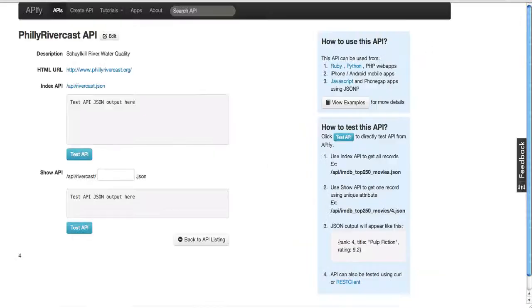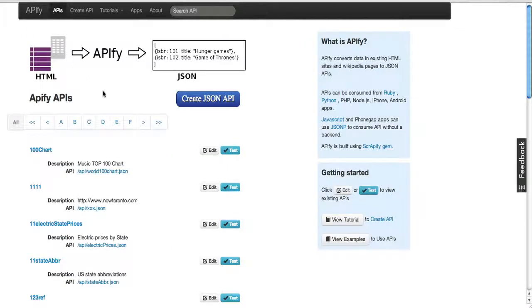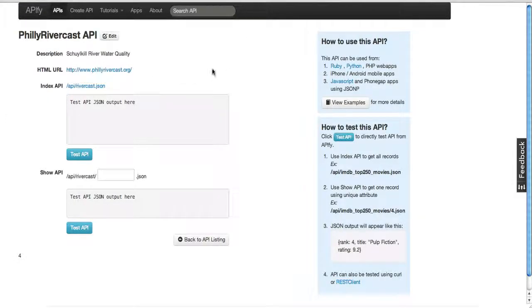But something that I've used before that's a little bit simpler but really incredibly effective is this website called Appify. It's an app that's running on Heroku, and essentially what it lets you do is take content from a web page and expose it as a JSON API. So I've kind of got that working here with the Philly Watercast site. You can see